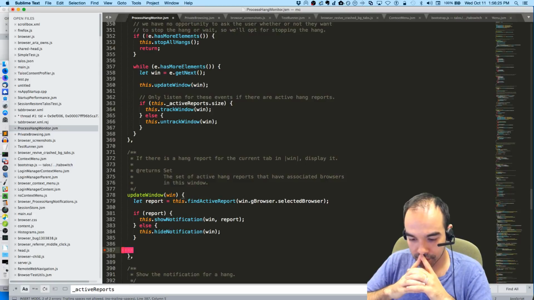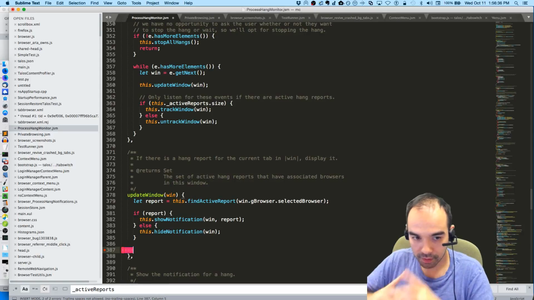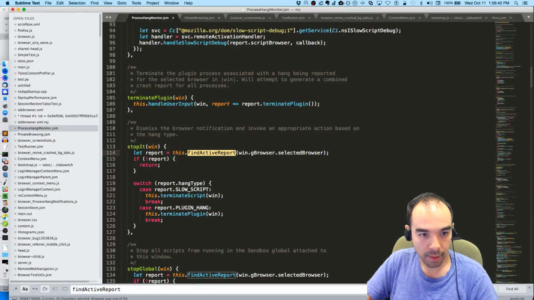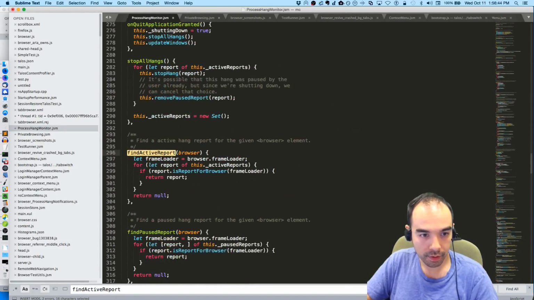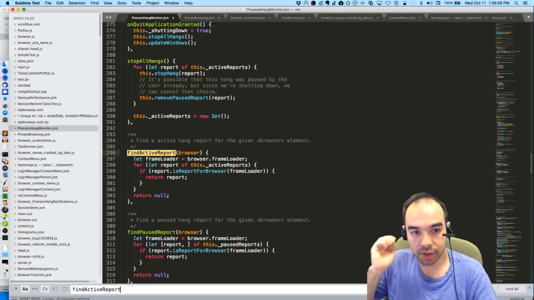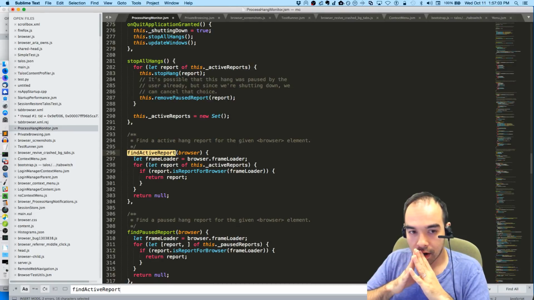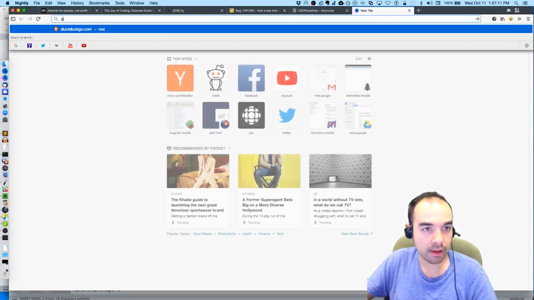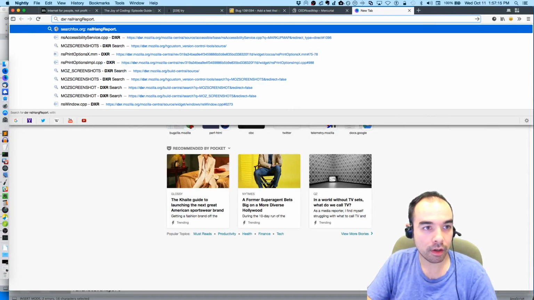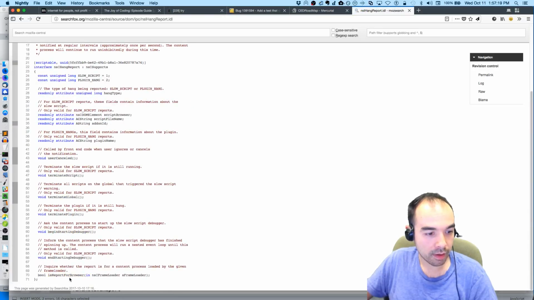So how would we do this? You're kind of taking the product. For each one, we go through each browser. Find active report. So here's the Cartesian product, because we're going to go through each browser. Or what might be better is if there is a hang report .idl. If there is a report for browser